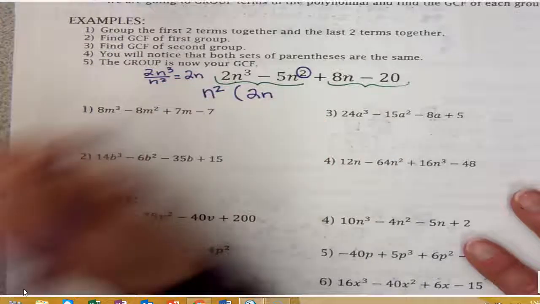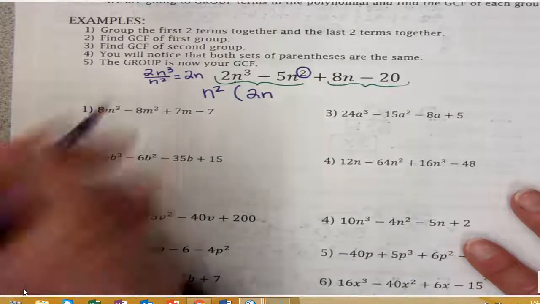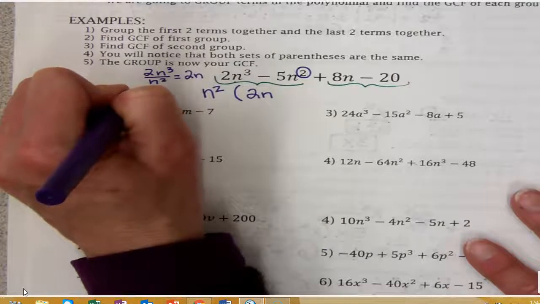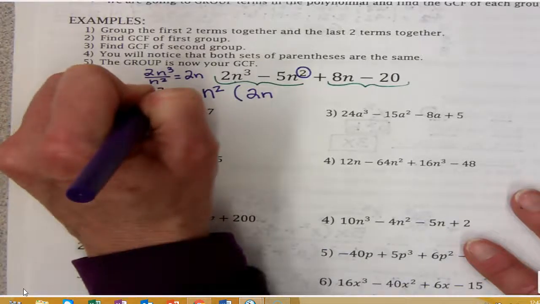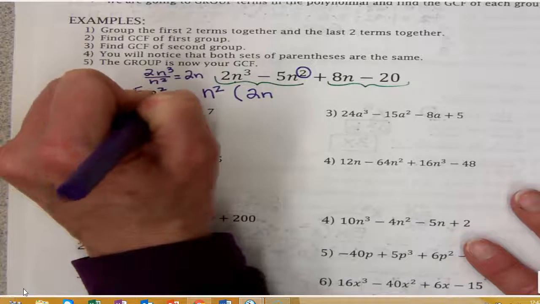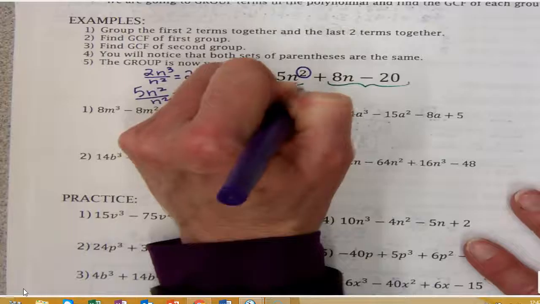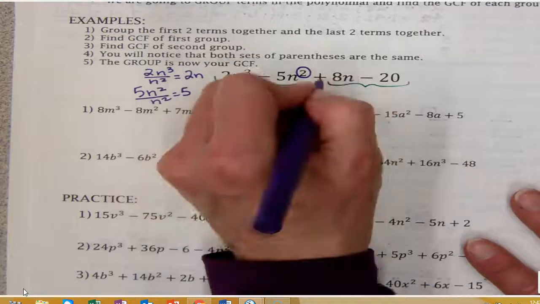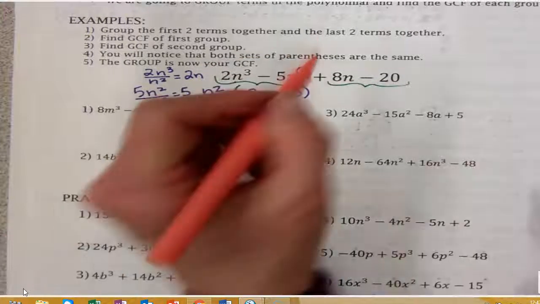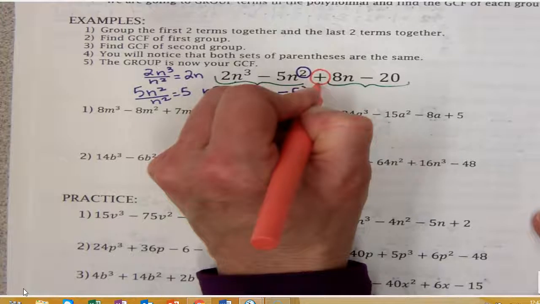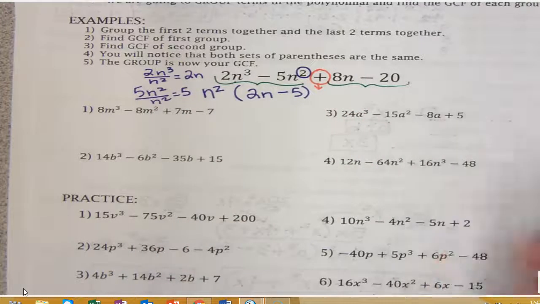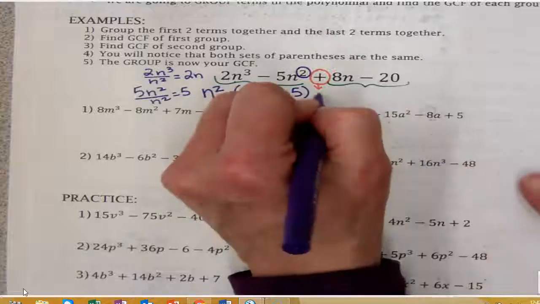So 2n goes there. When I factor out n squared from 5n squared, I'm left with 5. So minus 5. Then whatever this sign is, when I'm grouping, I bring that down. Plus,